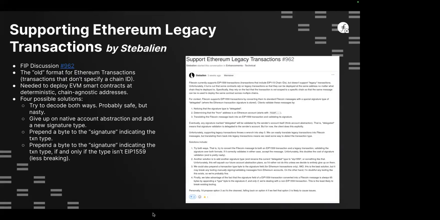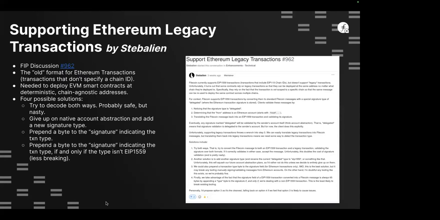Well, I guess one possible solution is don't support it, but we have a fair number of users who really, really want this. So the 4 ways to actually implement it are: 1, try to decode both ways. Where we could say, okay, we have this message that's coming from an Ethereum account. Let's try to treat it as an EIP 1559 transaction. Doesn't work. Okay, let's try to treat it as a legacy transaction. Okay, it doesn't work. Okay, signature fails to pass. This is really nasty, so I don't want to do this, but I'm bringing it up because it's technically an